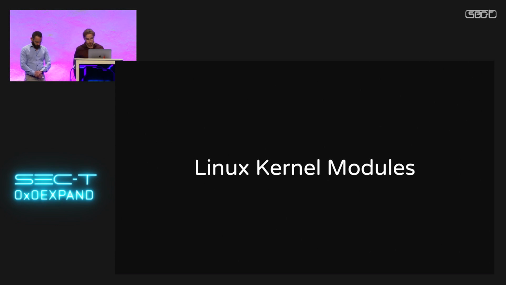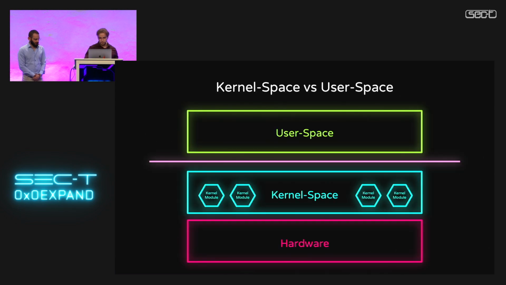But to understand what Linux kernel modules are, let's first understand the general architecture of the Linux operating system. So most operating systems are divided into two main parts, the user space and the kernel space. The main difference between them is that the kernel space is the actually privileged part of the operating system that can interact with the hardware. An example of that could be when the user requests to read a file from a disk. The request actually goes through the kernel, which then proceeds to read the data from the disk